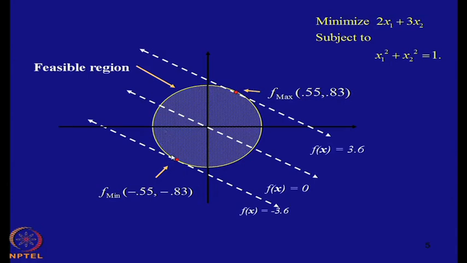Now, from here graphically we could visualize that the function has a maximum point here and a minimum point here. The given optimization problem we have considered is the minimization type. That is why the solution of this given optimization problem would be minus 0.55, minus 0.83. But if we analyze further, if we just want to maximize the same function subject to the same equality constraint, then the maximum will be at the point 0.55 and 0.83,